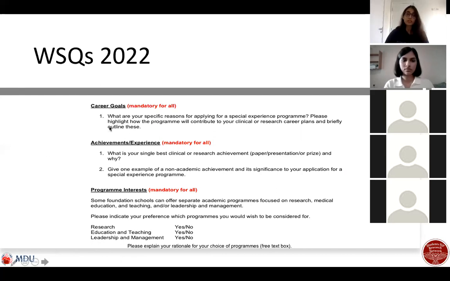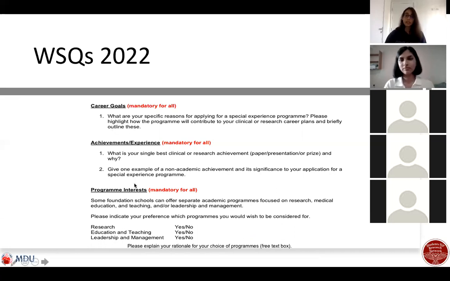The first one that's mandatory is your career goals, your specific reasons for applying, how this program will help you. This is where it's great to look at your deanery's website, what they can offer you, and make it as personalized as you can towards them. Is there a particular research center that you're interested in? Maybe you've already worked with them before. Maybe it's a particular specialty that they would offer, for example, neurosurgery or transplants or hematology. Bigger centers are not available everywhere in the country, so maybe they're specific to you and that would help you.